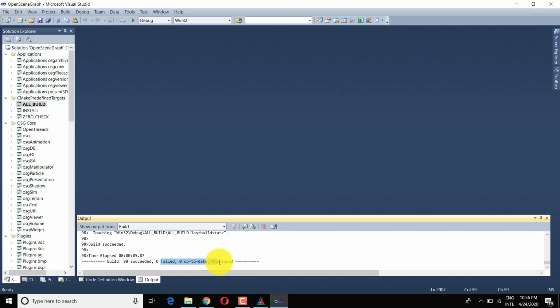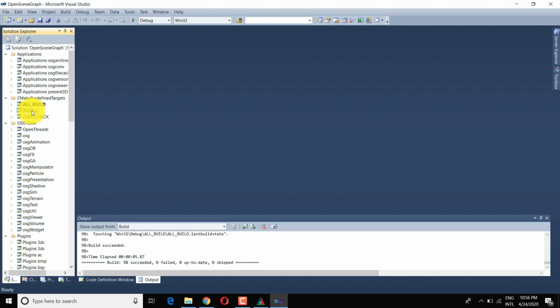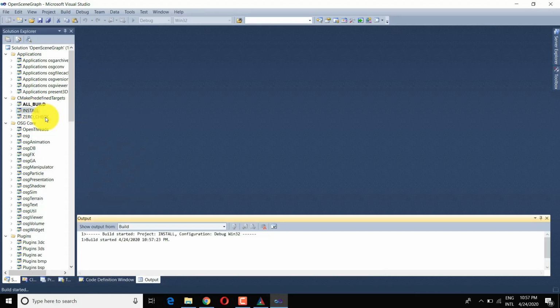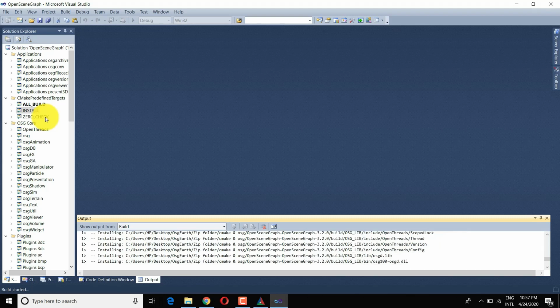So now you can see build succeeded. Then go to INSTALL and right click on it and click on build. Now libraries are installing in the install directory. So wait till it is done.